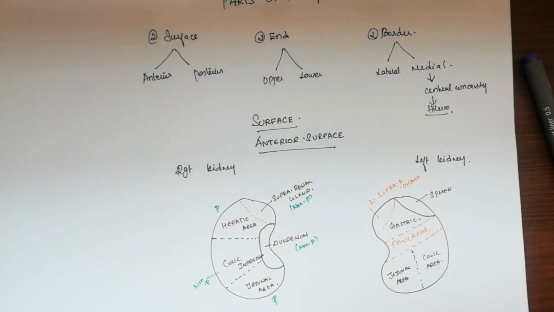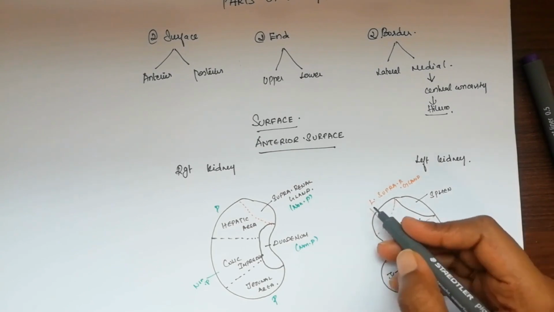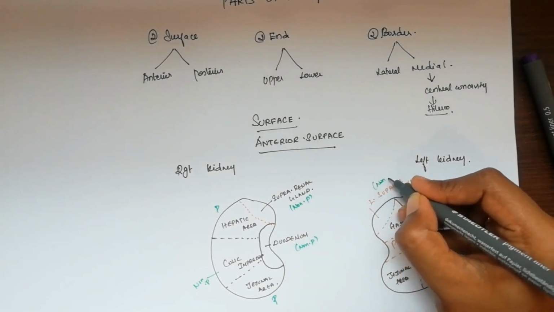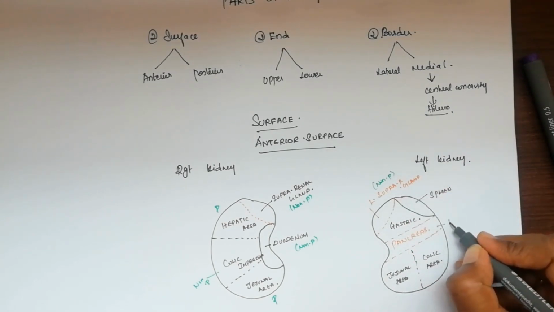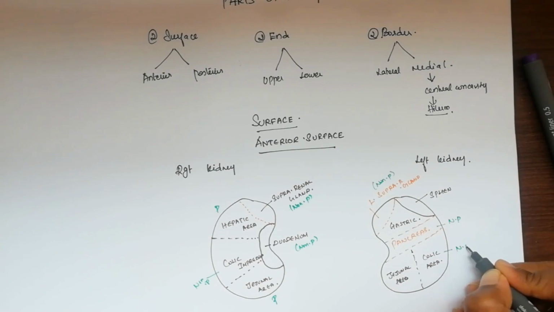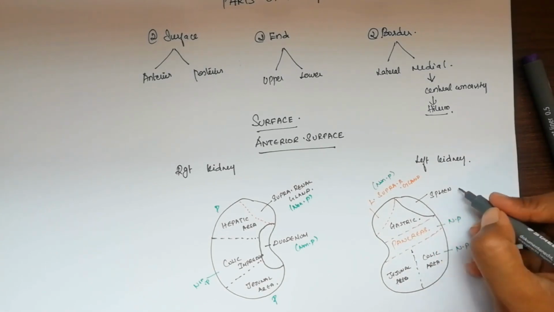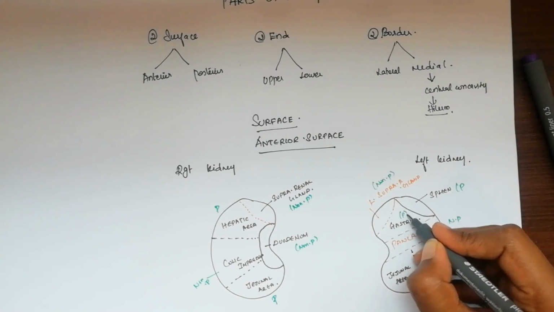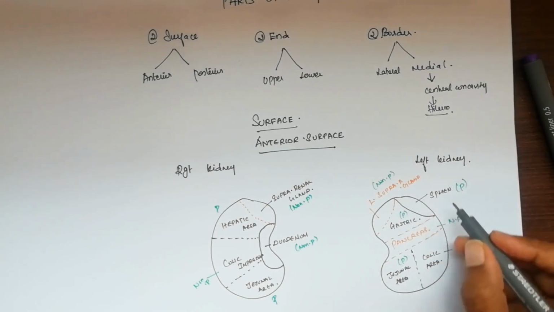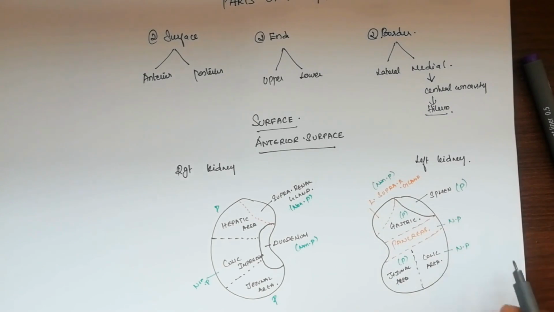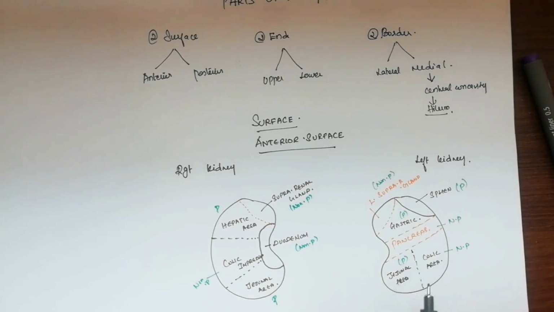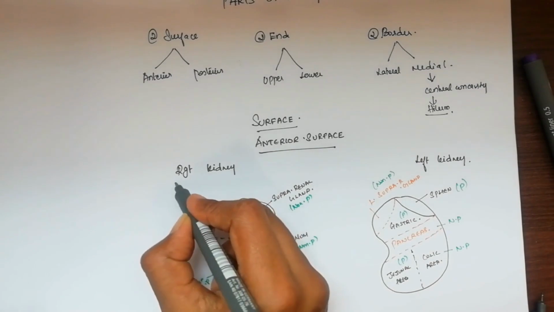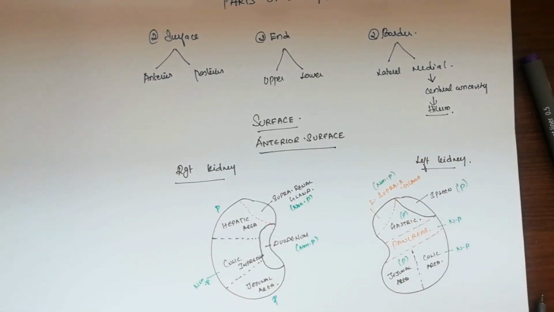Here, to talk about peritoneum again, we have the suprarenal gland with no peritoneum covering, so non-peritoneal. Then the pancreas is also non-peritoneal, and the colon also non-peritoneal. The other things are peritoneal covered. So gastric peritoneal, jejunal peritoneal and spleen peritoneal. So 3 non-peritoneal areas and 3 peritoneal covered areas will be seen related to the anterior surface of the left kidney. So these are the relations on the anterior surface of the right and left kidney that we have got to know.